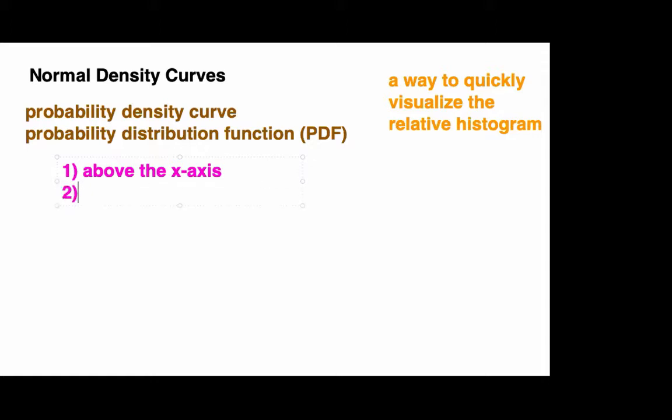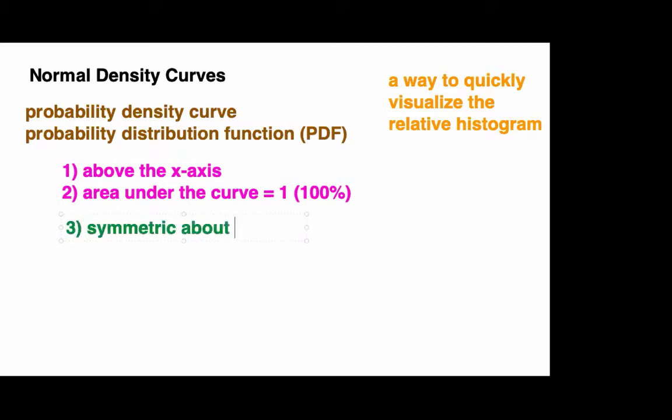The second point, true for every PDF, is that the area under the curve between the x-axis must total to an area of 1. As we are going to associate area with probability, we can also say that the area is 100%. The next feature that is true for normal density curves that we will often take advantage of is